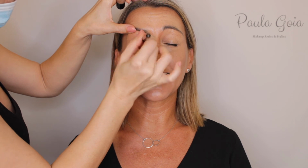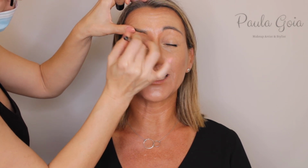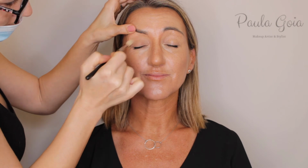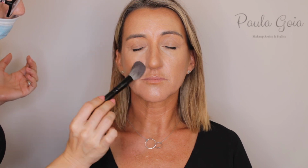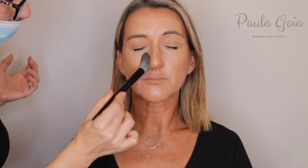Now we've moved on to the eyeshadow base, and this is a very important step before applying any eyeshadows onto the eyelid. Why? Because it's going to create a much more lasting effect. The colors will be much more true to the pan and nothing will crease throughout the day. After applying the eyeshadow base with a fluffy brush, a synthetic one, because for every liquid product we need to use synthetic brushes, and I've used the 217S from MAC,